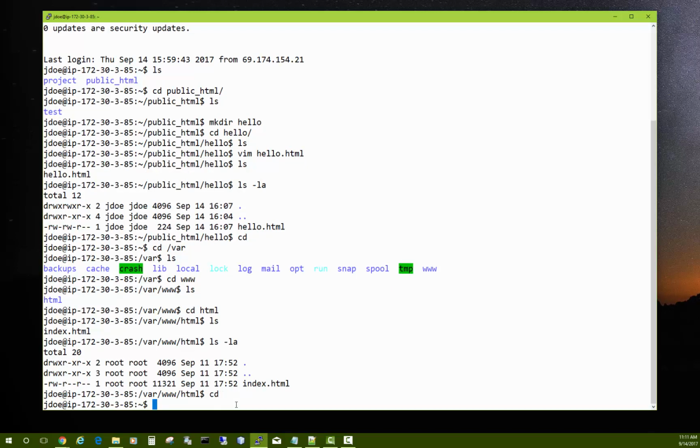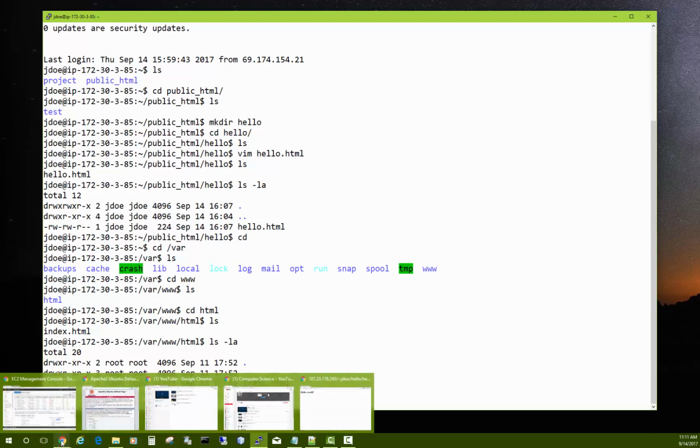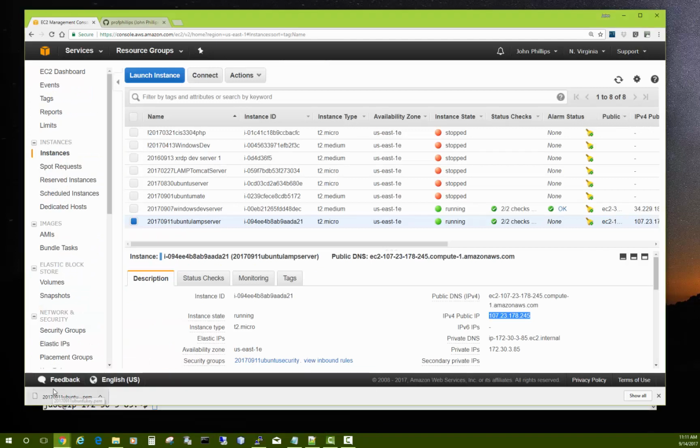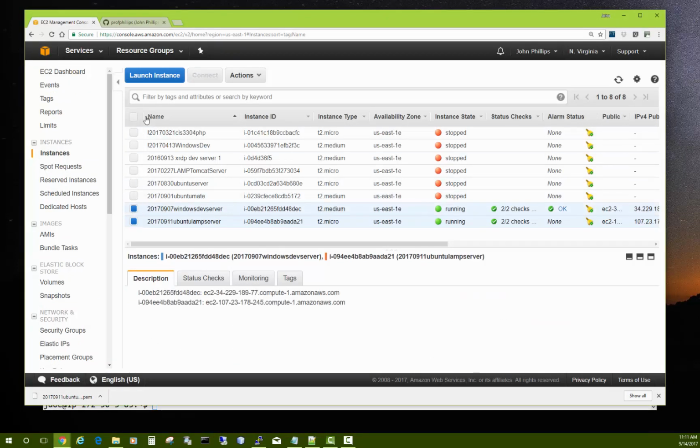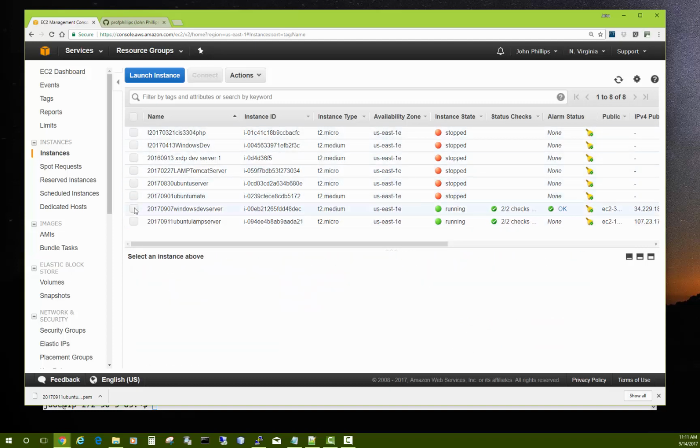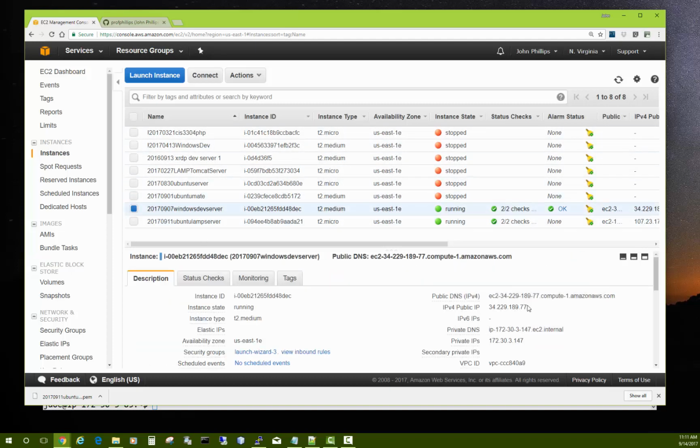The next thing I want to show you is another way. Rather than developing right on our Linux web server, we could develop on our OS X machine or on our Windows computer. Now in a previous video we set up our Windows development server. So let me show you how you can make use of that. So I have this Windows dev server already running. I'm going to grab its IP address,